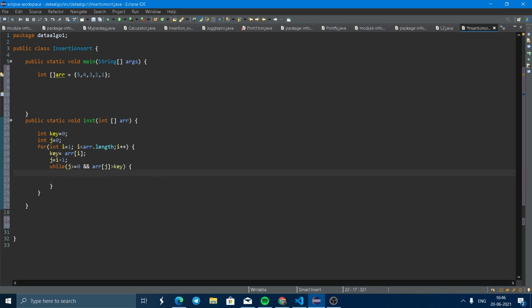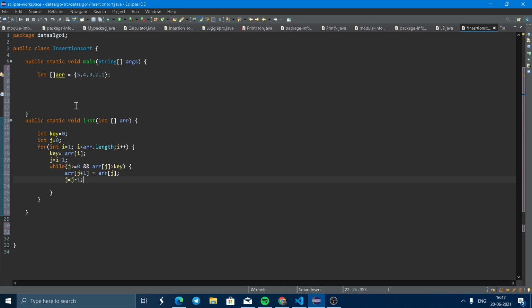Array j plus 1 equals array j, and j equal to j minus 1. Now here we can see that j is 0. j is 0 plus 1, and 0 plus 1 is 1, which means this place.